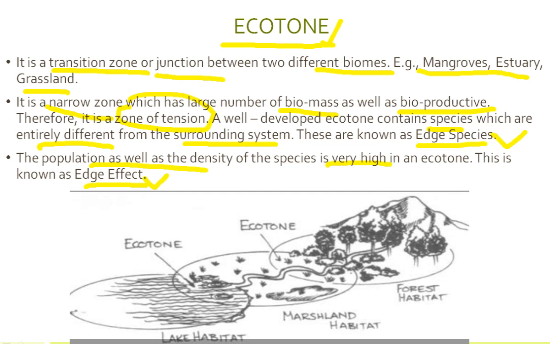Okay, so now let us see through this diagram. This is an ecotone, these encircling areas, and these areas are separating one biome from another biome. For example, this area is separating forest habitat from a marshland habitat, and this area is separating a marshland habitat from a lake habitat. Okay, so whenever an area or a zone separates one biome from another biome, it is known as an ecotone. It is a transition phase. Okay,